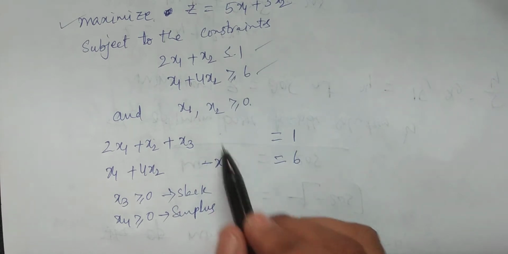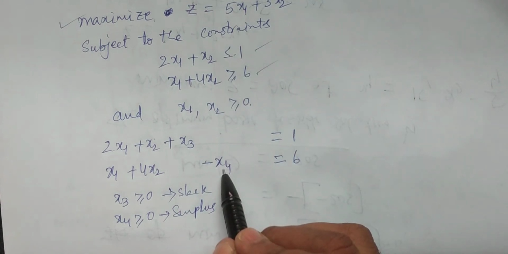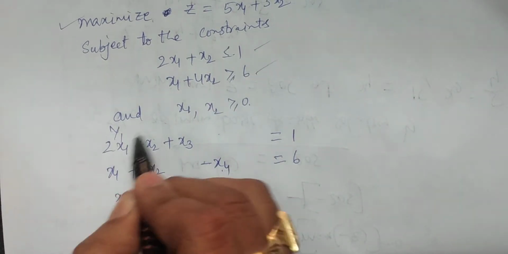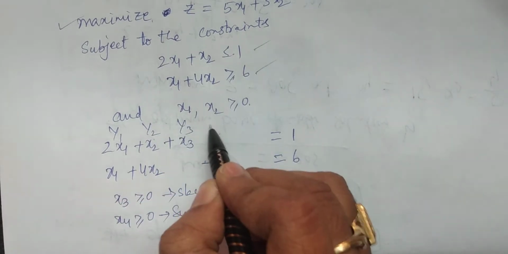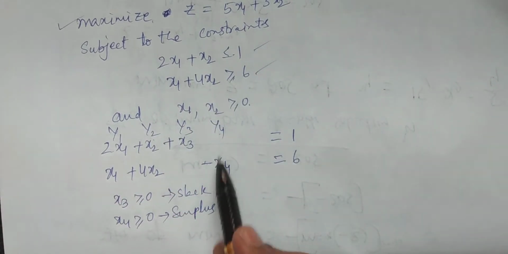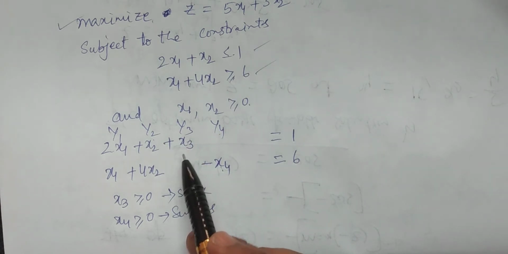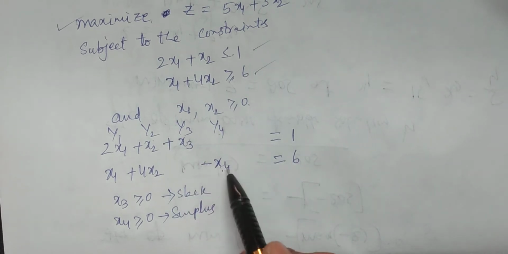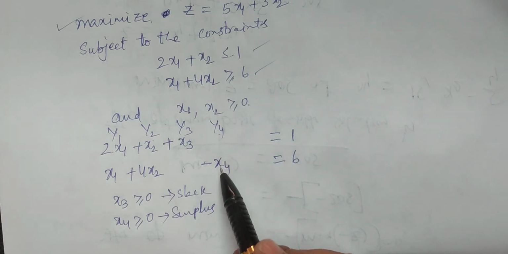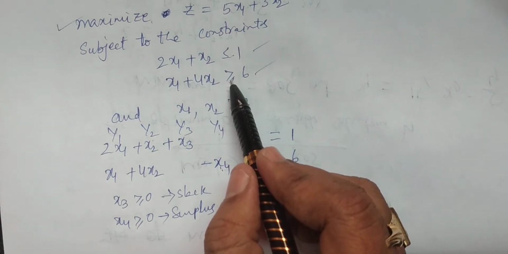Now if we consider the vectors here, this is y1, this is y2, this is y3 and this is y4. You see y4 is 0 minus 1 and y3 is 1 0. The vector 1 0 directly provides an initial basic feasible solution, whereas 0 minus 1 cannot be a vector of the basis matrix 0 1. So therefore it is 0 minus 1, and of course it is a greater than or equal to constraint.